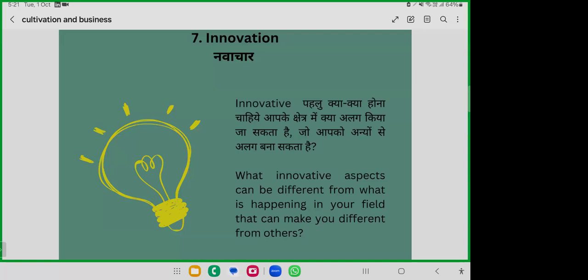Then you can do some kind of innovation, and the funding is still there. You will get funding for innovation as well, when you are actually bringing something new in the market. It's not that if you are doing something new, you will not get support. If you are doing some innovation, there are incubation centers and some funding agencies as well, which give funds as per the innovations and something new that entrepreneurs bring to society.